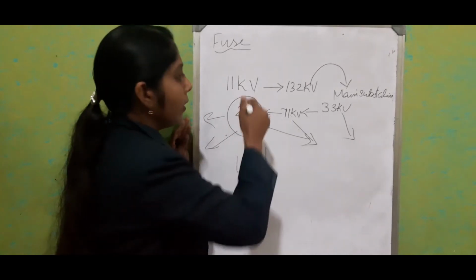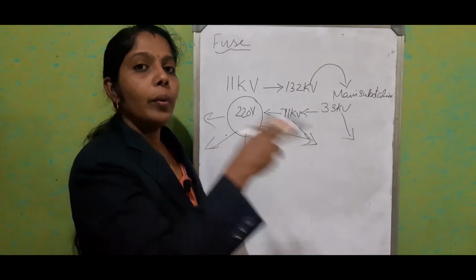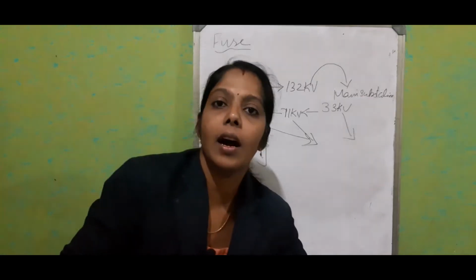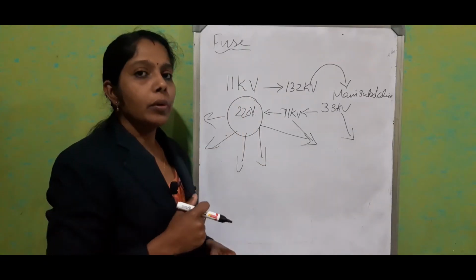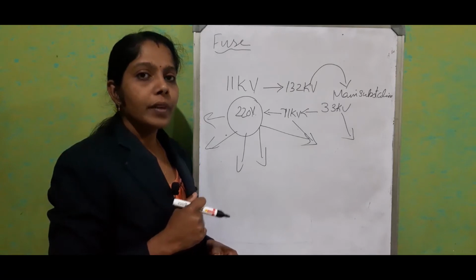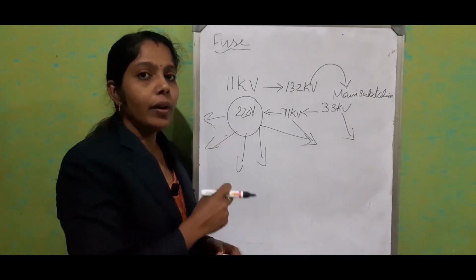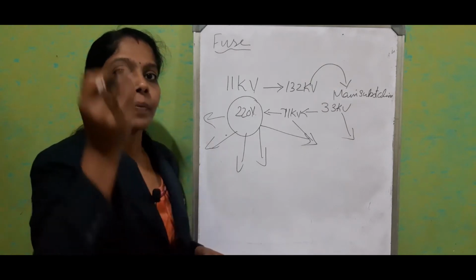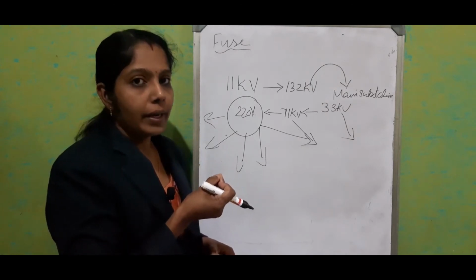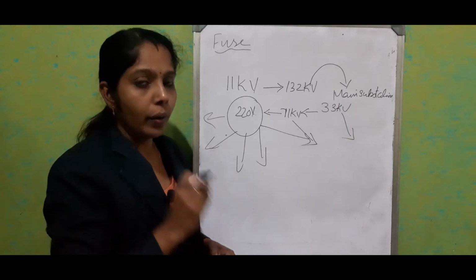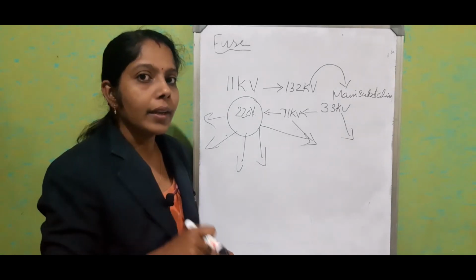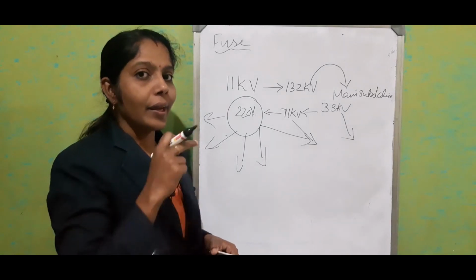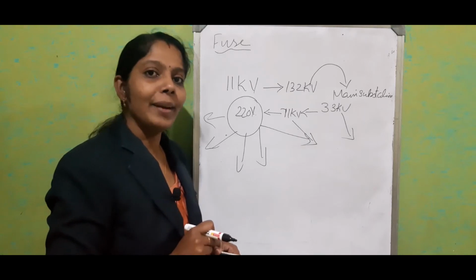Now, how this 220 volt reaches our home is our concern. We get this 220 volt through an electric post. From the electric post, a connection wire is taken and given to our home, right? No, to a particular board. Let us see what all the things are in that board.